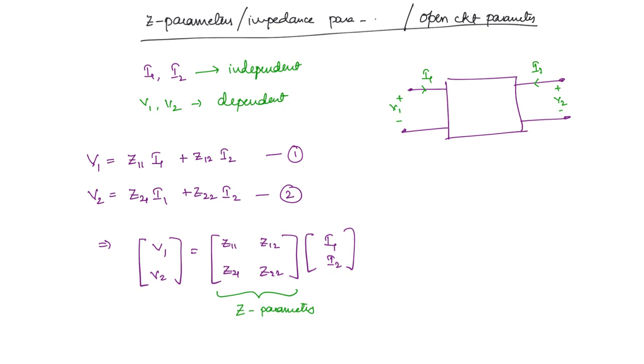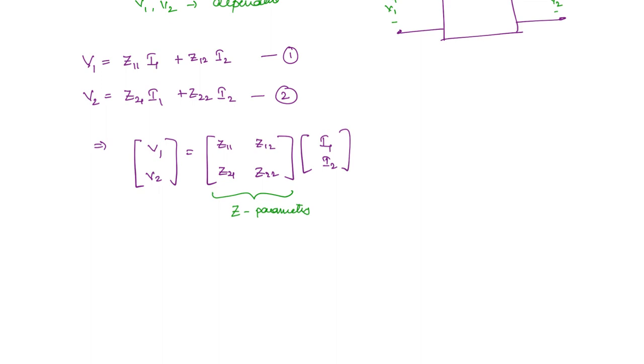Now we will see how to obtain these Z parameters. Alright. In equation 1, if you take I2 as 0, then Z11 you will get as V1 by I1, right. So you can define Z11 as the ratio of the input voltage and the input current under the condition I2 is equal to 0. Okay. So this is called the open circuit input